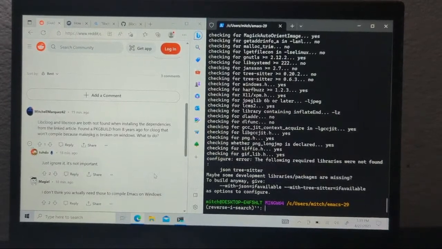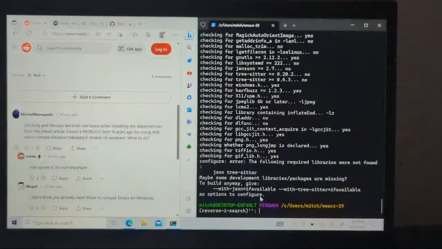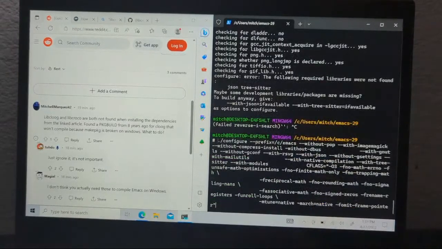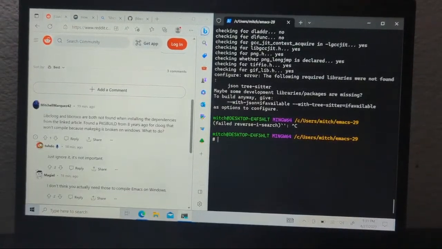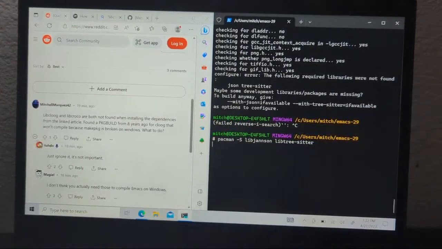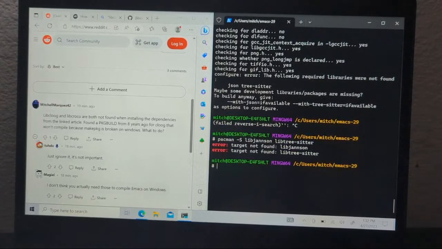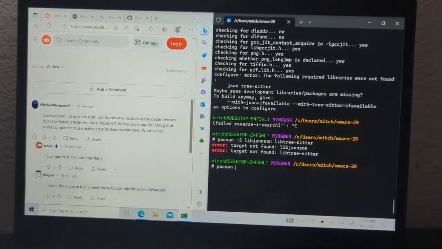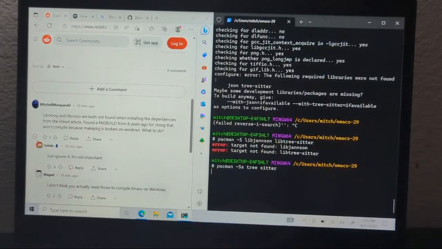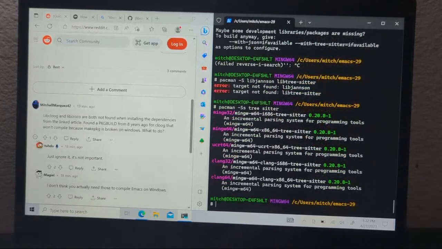Okay, so JSON and Tree-sitter weren't found. So what we need to do is pacman -S libjansson and libtree-sitter, because I believe Jansson is what's needed. Is there a tree-sitter in the repo? There is. So we're going to install